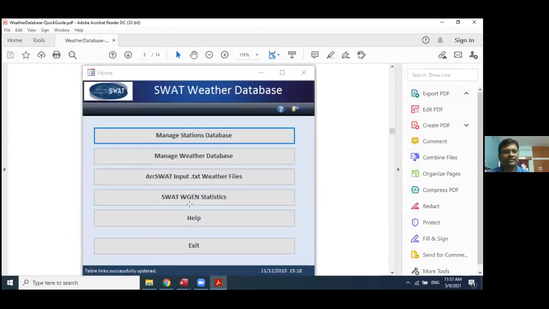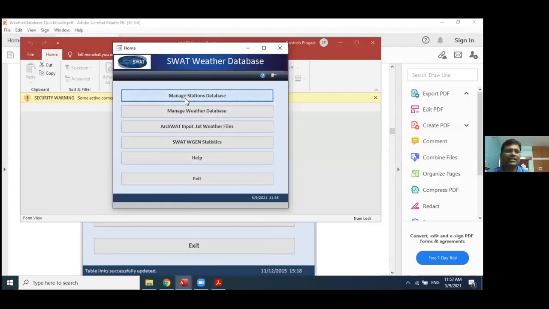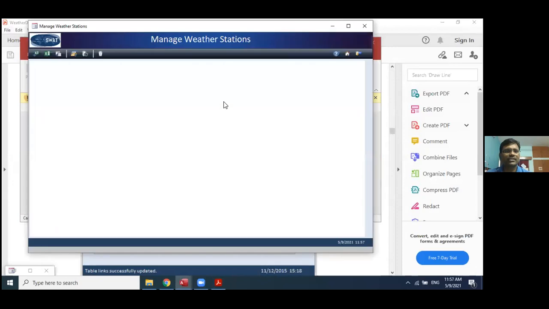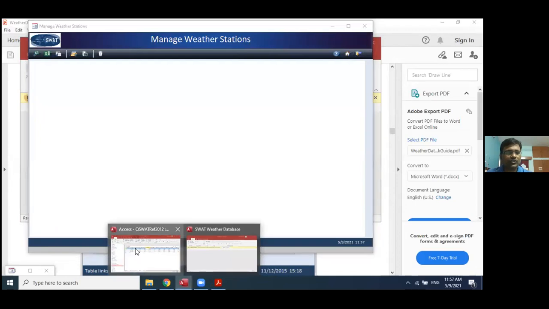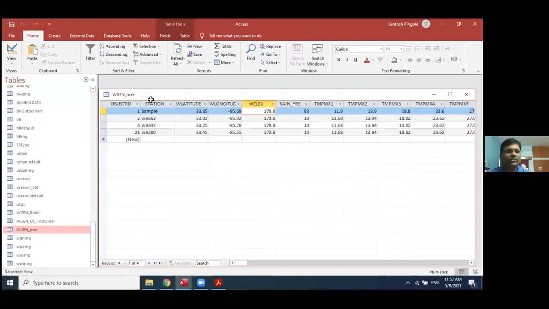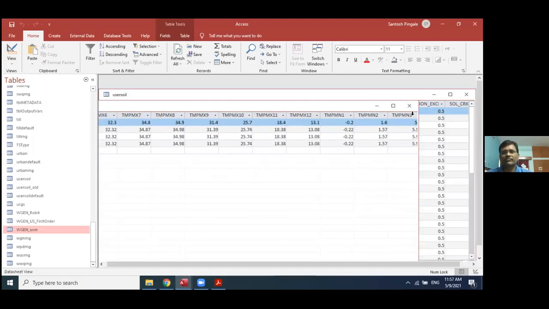Okay, from here you can use it and create the statistics, like manage the stations. You can provide all these inputs, whatever inputs we have, and then you can create this file. Once you run that program, finally you will get this file. For two stations you will get all this database. So I'll just close this one,